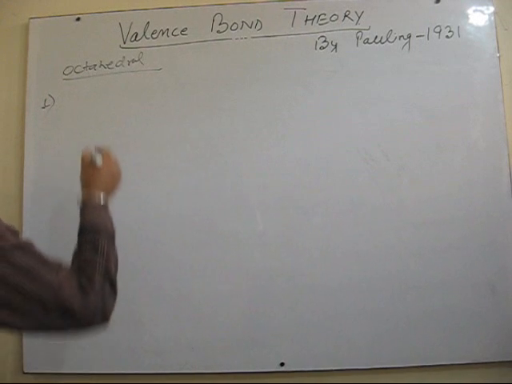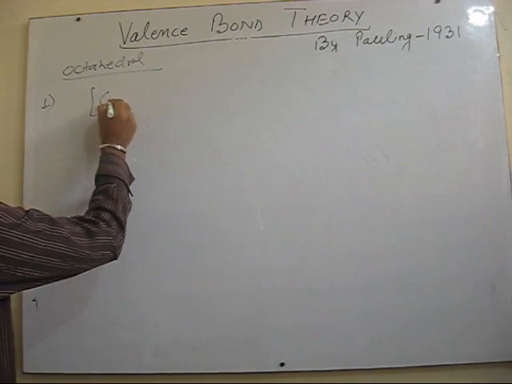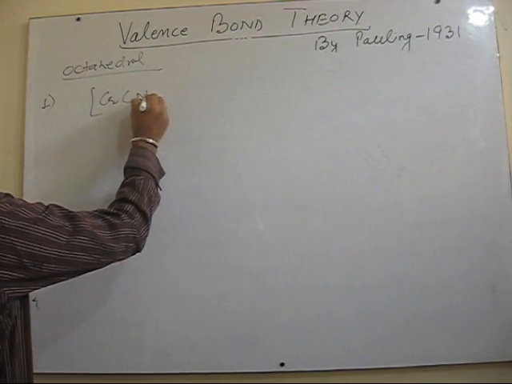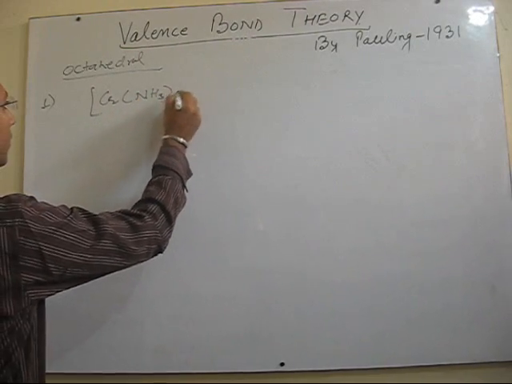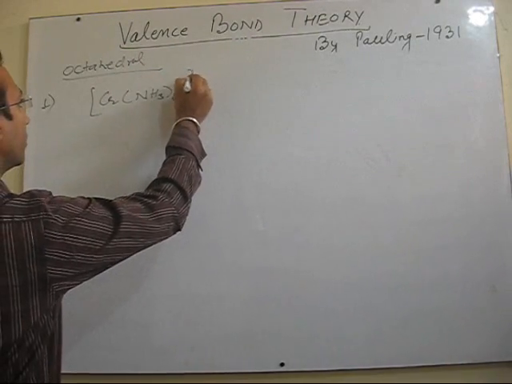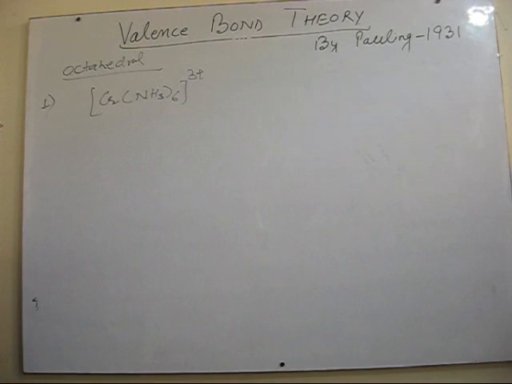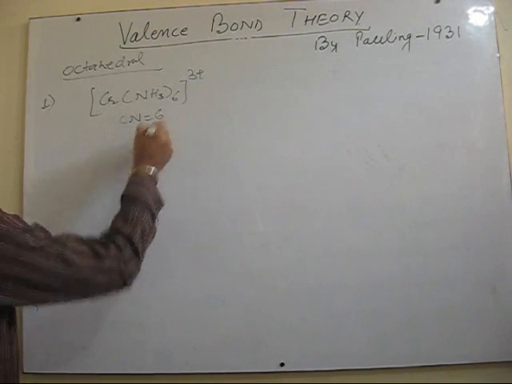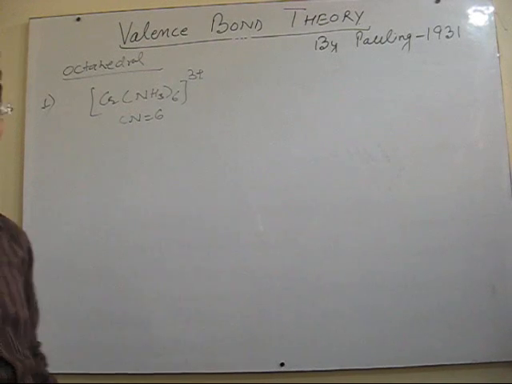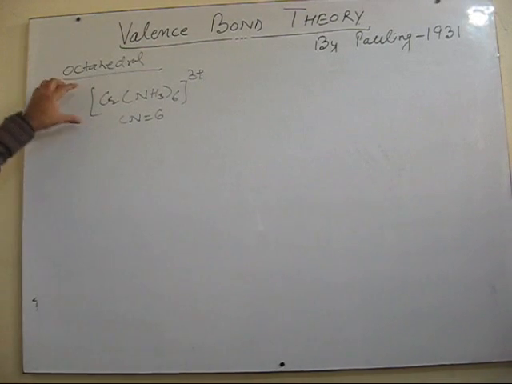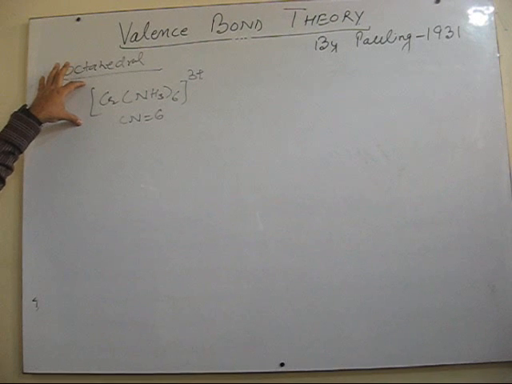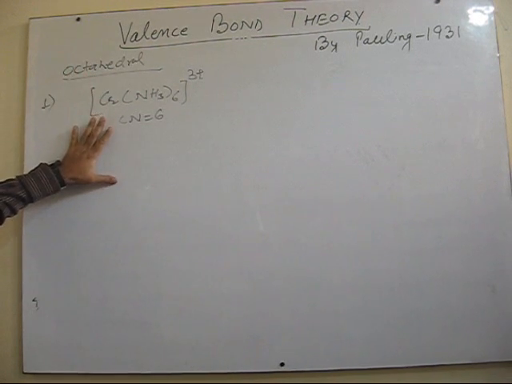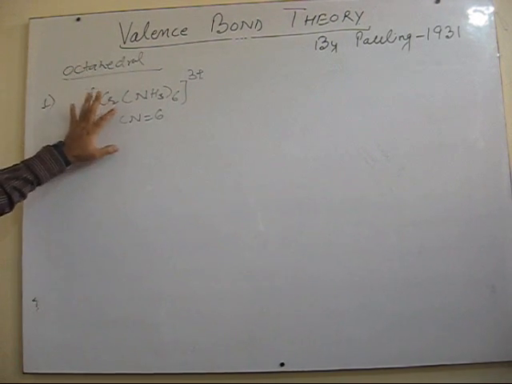The first case is an example of chromium, one of the complexes of chromium. Ammonia is the ligand. Ammonia, we know it's a monodentate ligand, therefore the coordination number is 6. Fine. Now before explaining from the examination point of view, I just tell you, before explaining the bonding in this